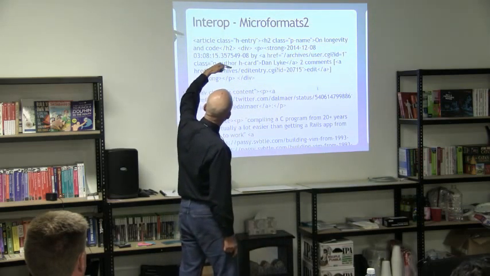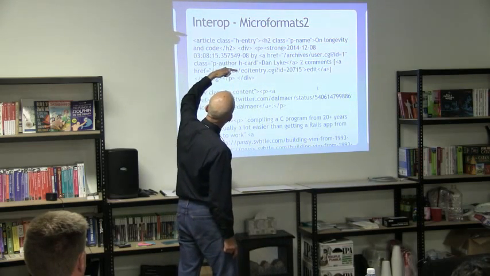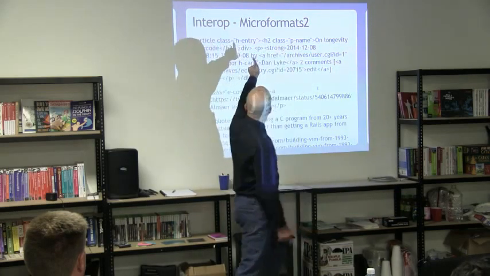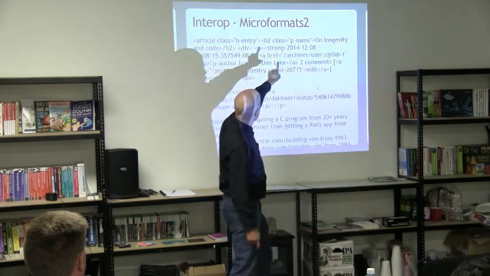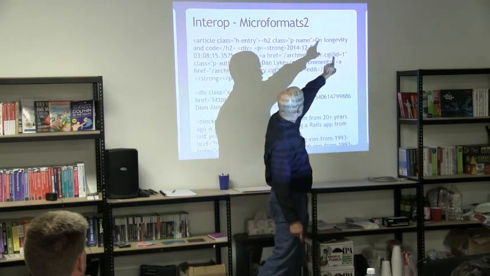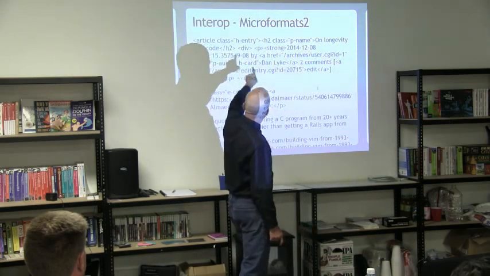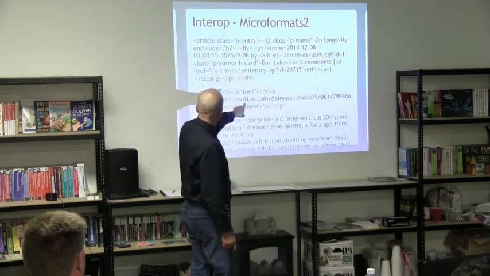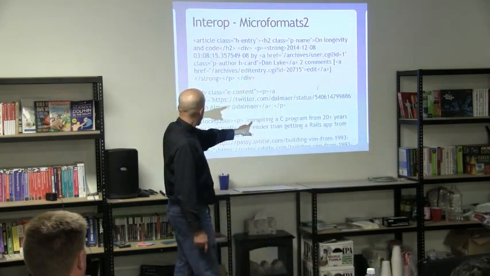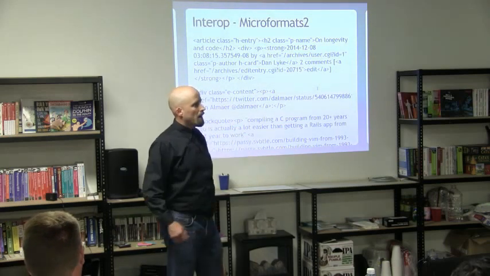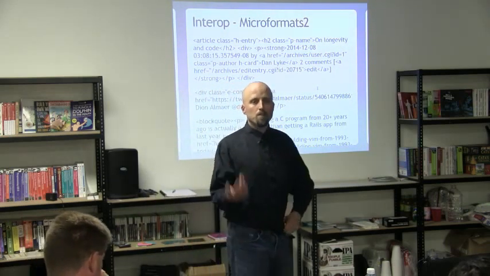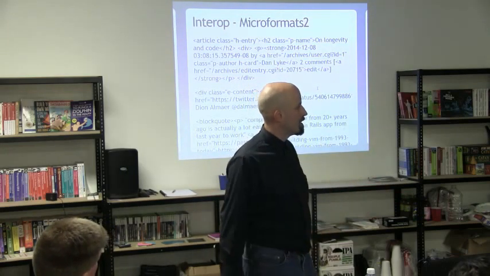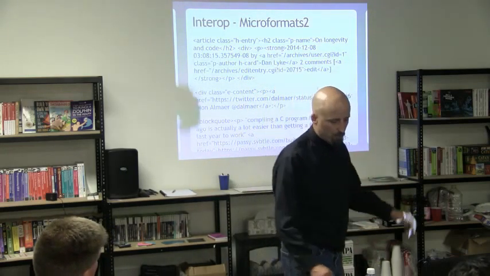So in this case, this is really gross, but this actually comes off of my website. The H2 class is the name of. This says you're about to get an entry. This says you're about to get a name. There's the title. And somewhere down here, here's the content. Very quick thing. And somebody who's using a feed reader that can read that all of a sudden gets a full text feed of my site with semantic markup.